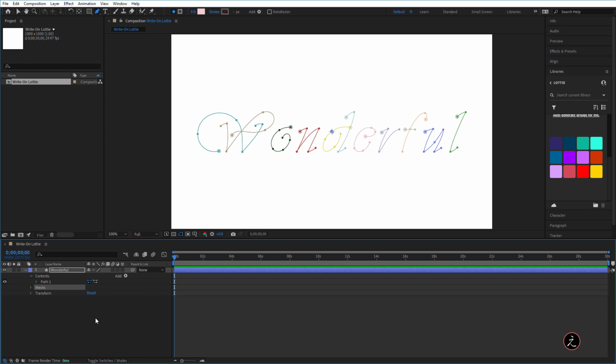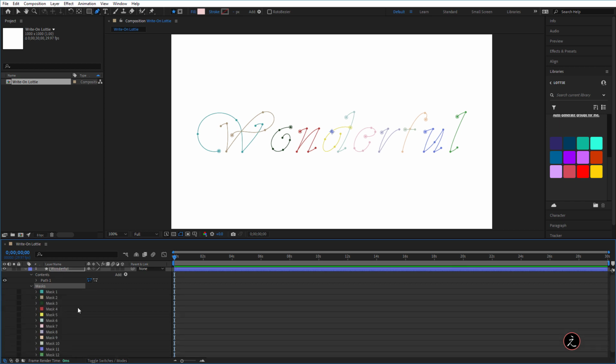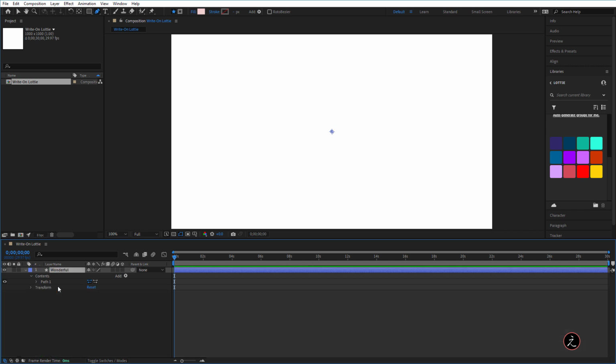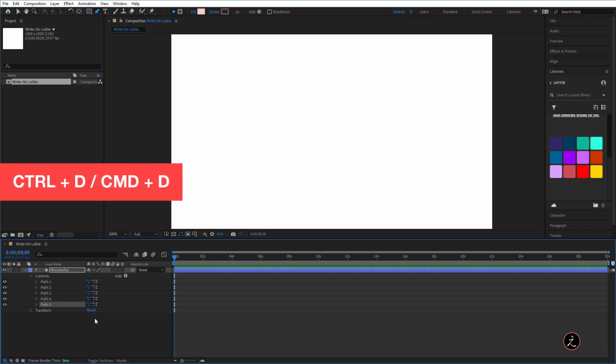In the event you haven't done that, all you have to do is count the number of masks pasted inside the shape layer. As you can see here, the total number of masks is 12. So in this case, I don't need the masks. I will go ahead and press the delete key to remove all these masks. Select this path, and the total number is 12, which means I need an additional 11. So I will go ahead and duplicate all of these paths.